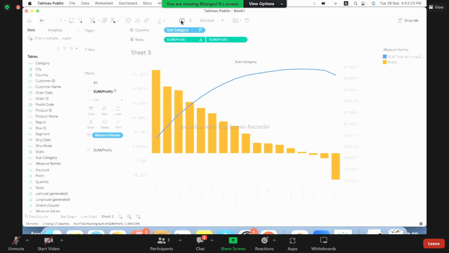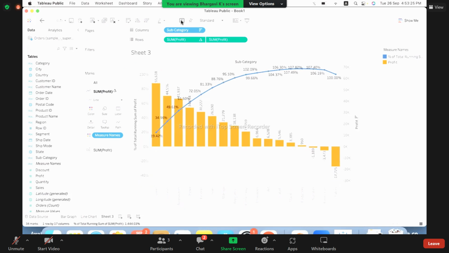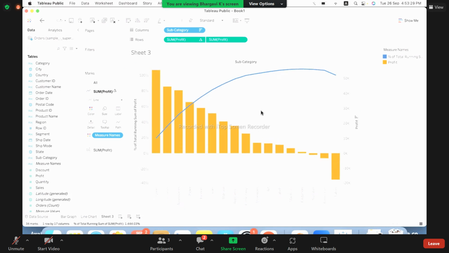We could also enable the mark labels. You can format the mark labels. All these options are available. So this is a Pareto chart, which basically tells us the contribution of various members towards the measure value. How are they contributing? What is their contribution like? Okay, next we'll go to